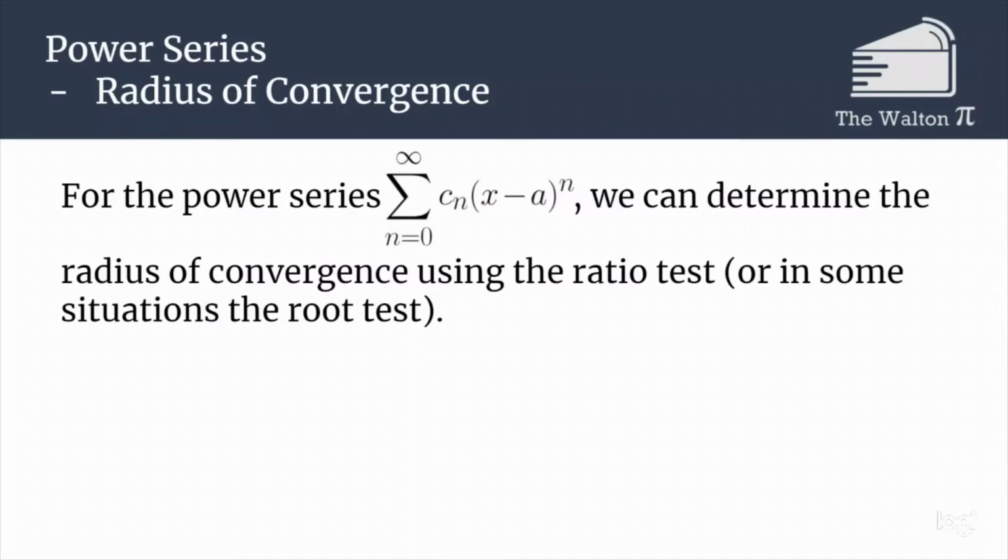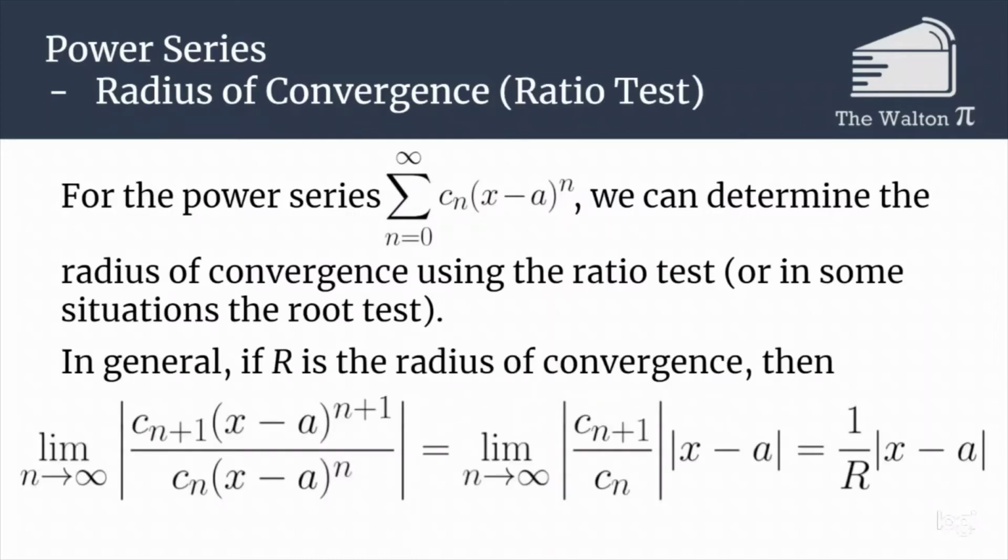We can also use the root test, but most of the time you will see it with the ratio test. But I will go over briefly what the root test would be in case you ever need it. So if we're trying to figure out the radius of convergence using the ratio test, we can do that by looking at the limit as n goes to infinity of c sub n plus 1 times (x minus a) to the n plus 1, all over c sub n times (x minus a) to the n. You might notice that that is just the definition of the ratio test. You take the limit of your a sub n plus 1 term over your a sub n term, and you set that limit and you see, is that less than 1? If it's less than 1, then great. It's going to